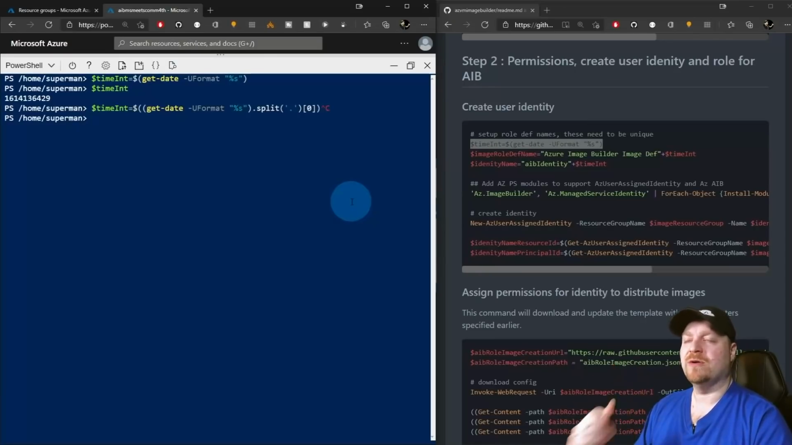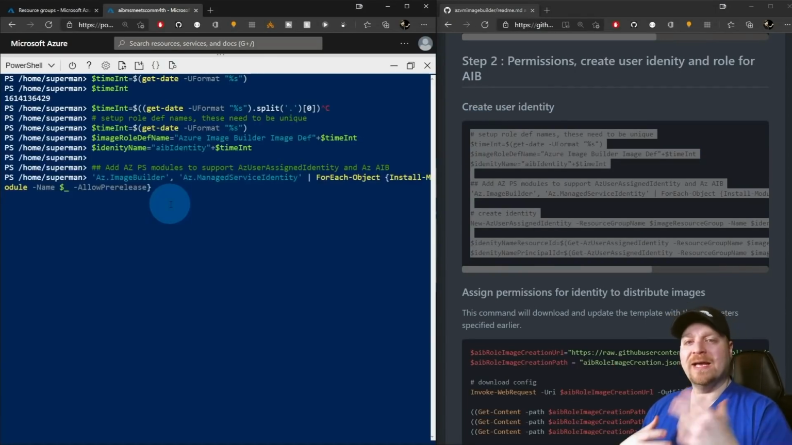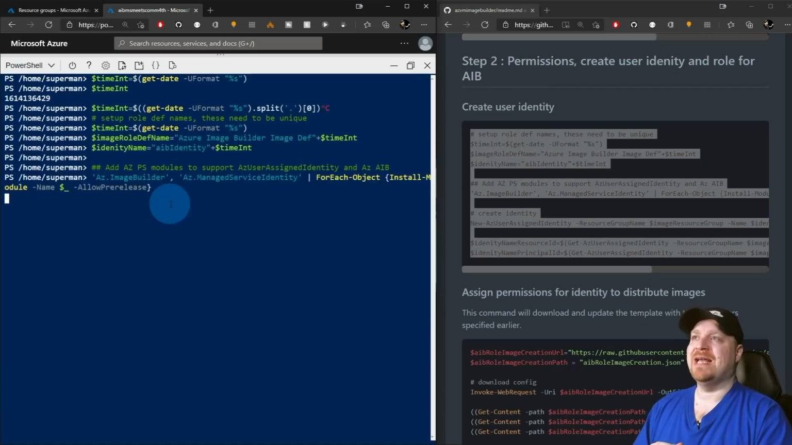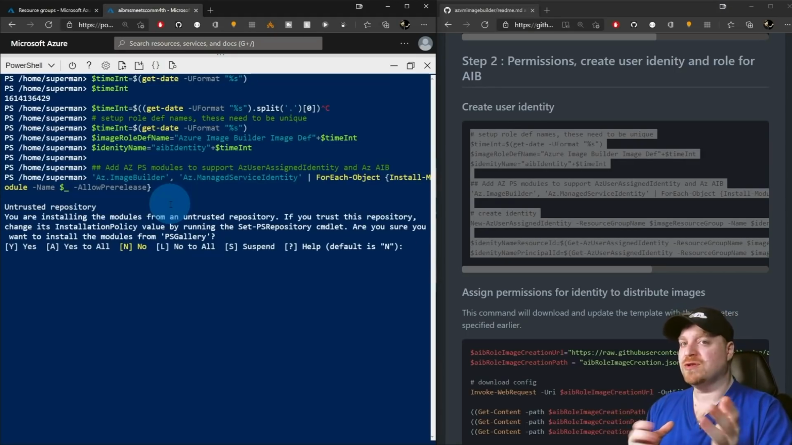In this case, however, we are just fine. So I'm going to run this block of code. And like I said, this is going to create that managed identity for us. It's also going to download a couple PowerShell modules for the image builder so that we can assign all of our permissions correctly. Now, you may get this message also about an untrusted repository, because for those PowerShell modules, we